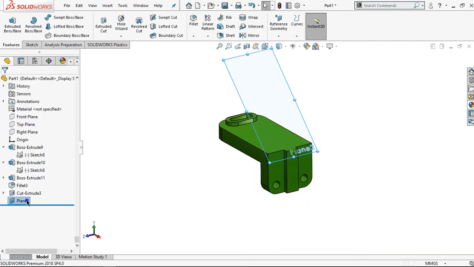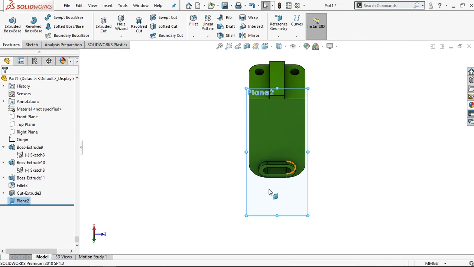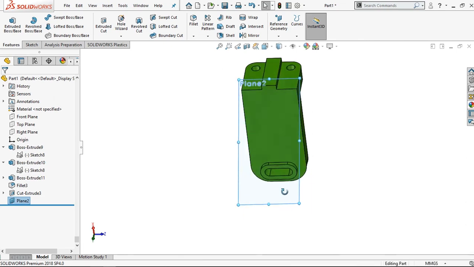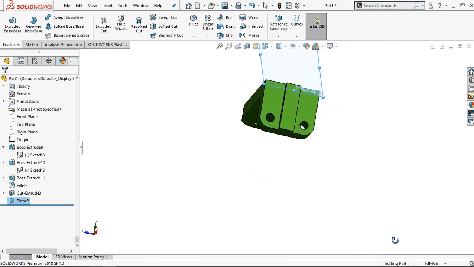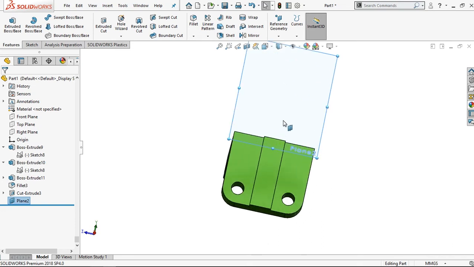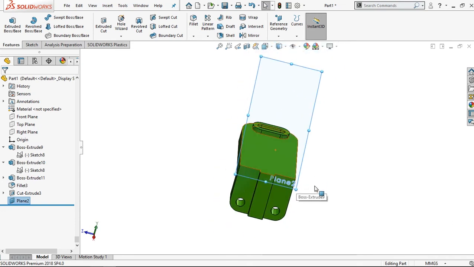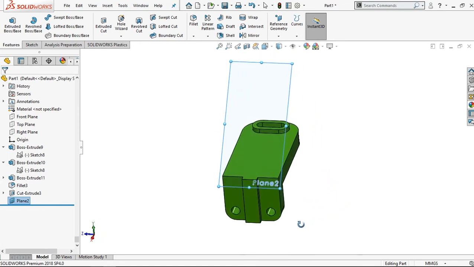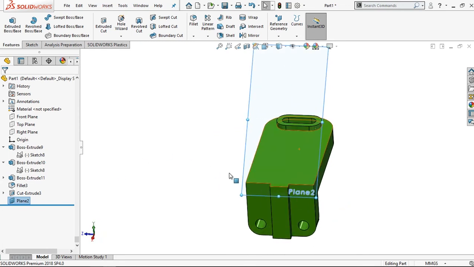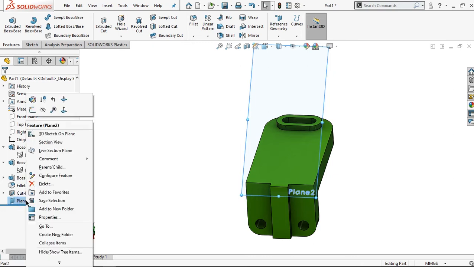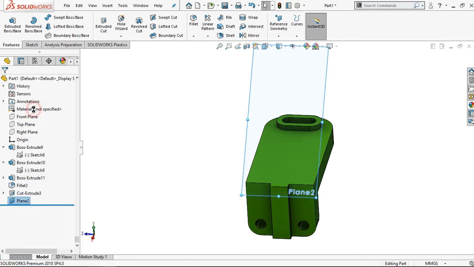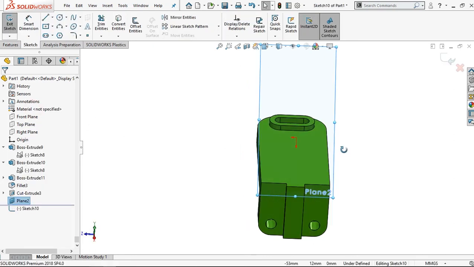Right click and make it a normal tool. Just click to this. Okay, right click and click sketch. Let's click to this